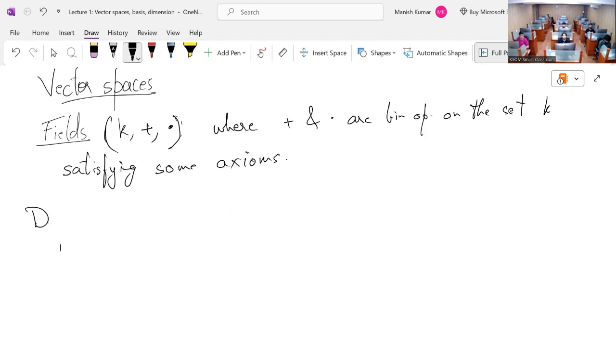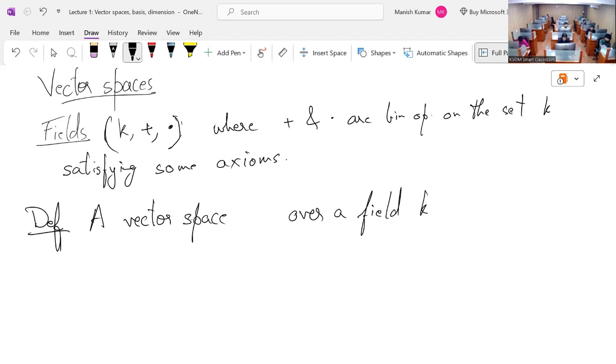Definition. A vector space over a field K is a pair, or maybe a triple, one can say. So V, so